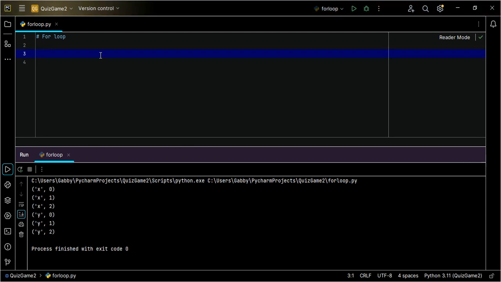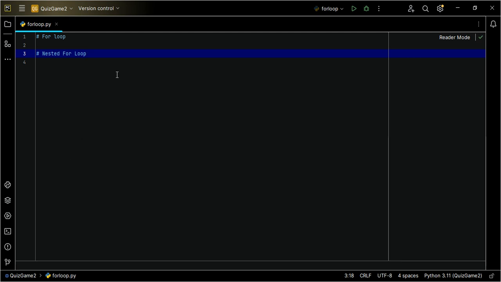Also, we have what we call the nested loop. Here, the nested for loop. Now, what does that mean? When you hear the word nested in programming, it simply means having a loop inside a loop, or having something inside another. So now to do that, what we do is we want to create